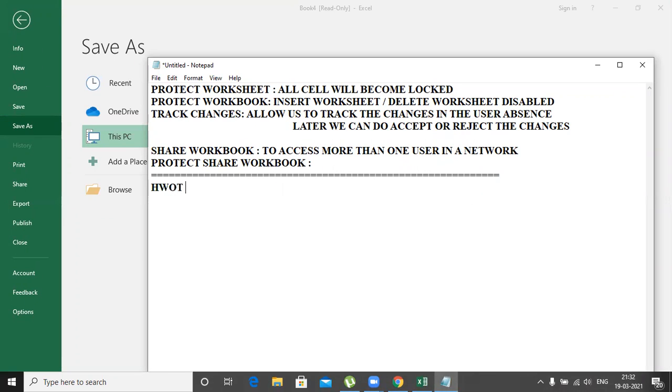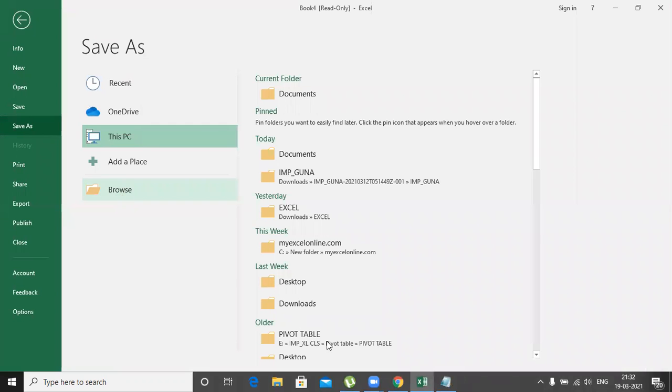So there is a concept called how to set a password to open and to modify. What you have to do is go to file, then save, then in the save option, you have to click browse.